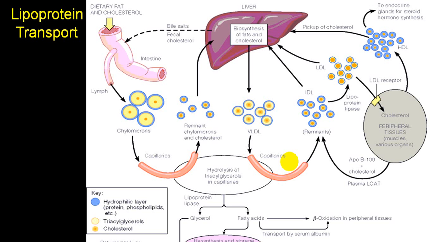This is a slide which is showing you how exactly the lipids are being absorbed from the GI tract, which is delivered to the liver. From the GI tract you get absorption, and then chylomicrons will be converted into remnants, which will finally be converted by the liver into LDL, and then that will be further picked up,